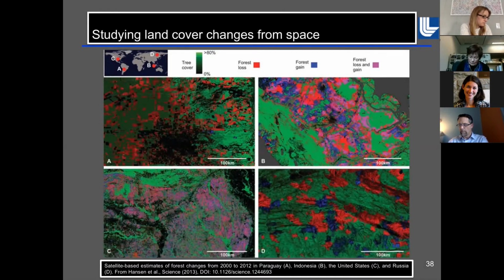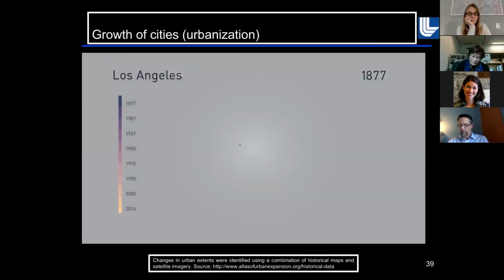You affect the albedo, the amount of sunlight that's reflected from the surface. And again, locally and probably regionally, you have the ability to influence the climate. So how do we put it all together? Before putting it all together and trying to disentangle the various effects that I've showed you, another